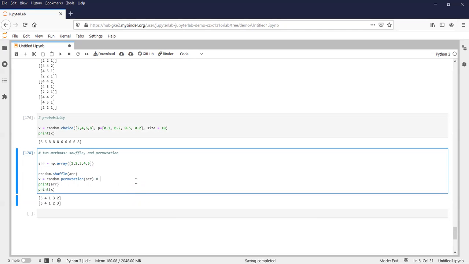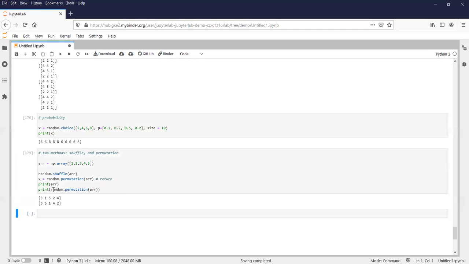The permutation will return something, so you need to specify the x here. If you just print this, it also works, but